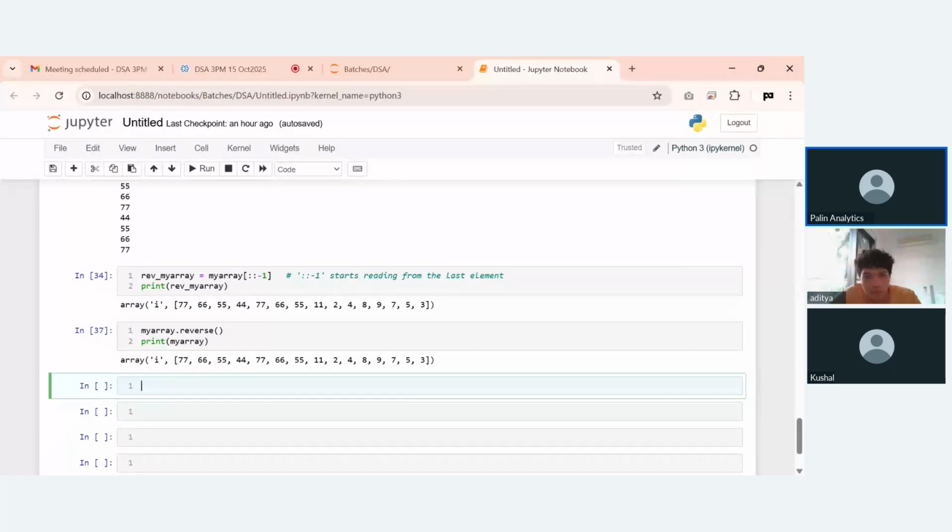Right now, what you can do is just use the sort function, right? The sort function is used to sort the entire list into a certain order. So, for example, if we have this my array, what I am doing is simply